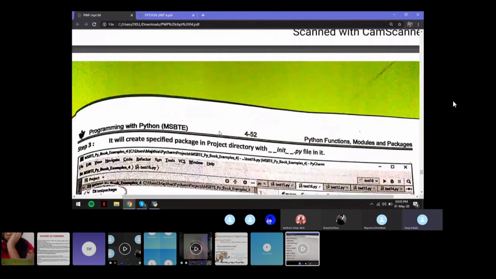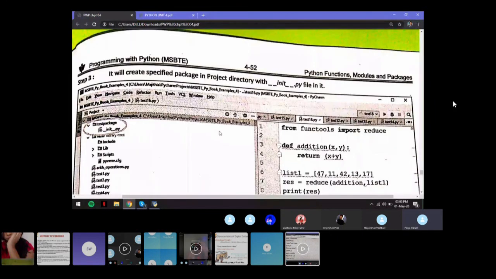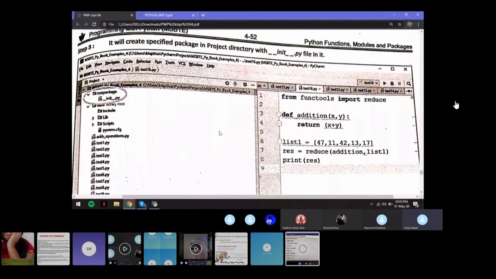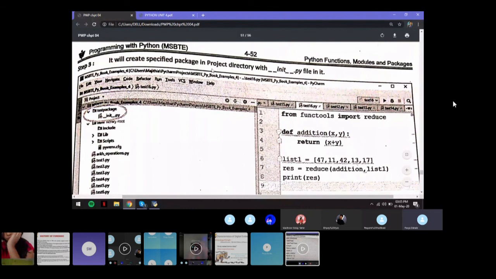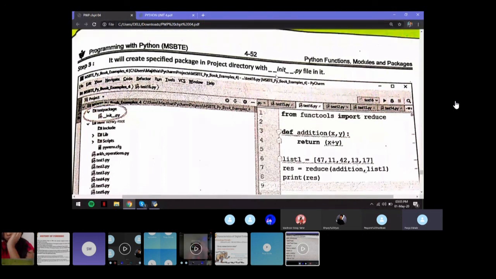After that, in step 3, it will create the specified package in the project directory with the __init__.py file.